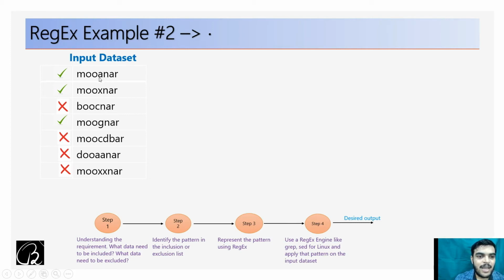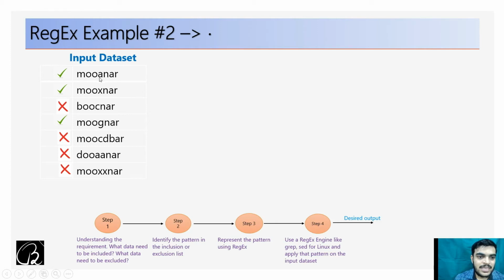So here you can see we have a single character. Here we have X, here we have G, but here we have double X. That means what is inside mo and ner is unpredictable and dynamic, we cannot predict it, right? But one thing,